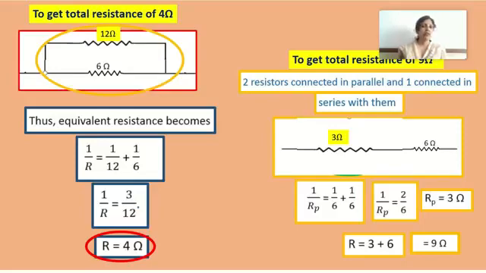So children, this is all trial and error method. How will you connect? You have to every time draw and check out the answer, and then only you can find out which combination is best. It can be 2 in series and 1 parallel to that, or 2 in parallel, 1 in series. In this case we were given only 3 resistors. They may give you 4 resistors and then find the combination. So you have to draw quickly the circuit, find its equivalent and check your answer.